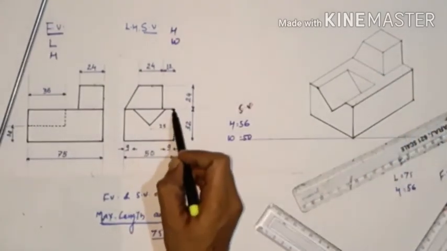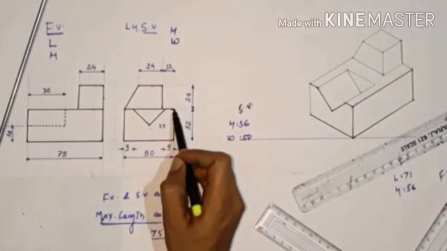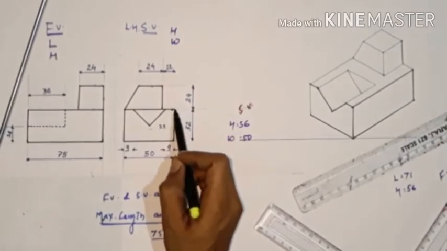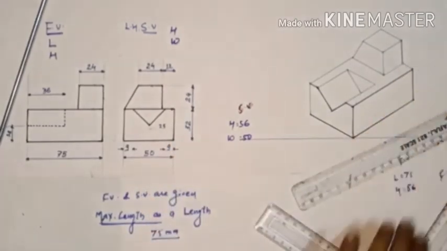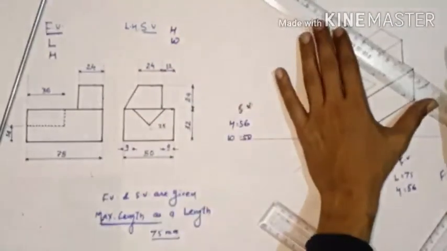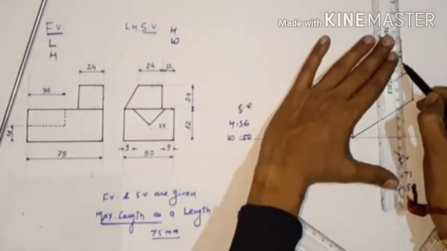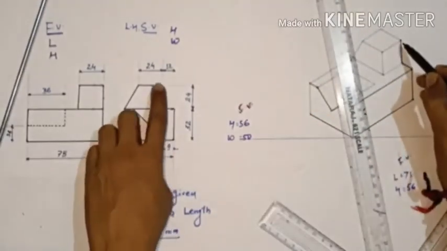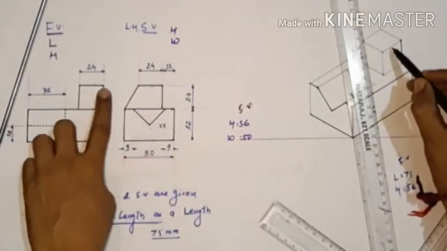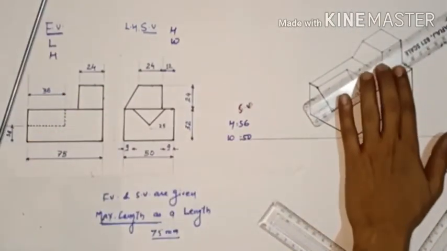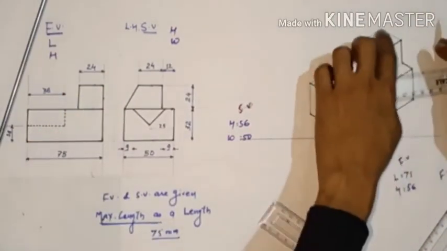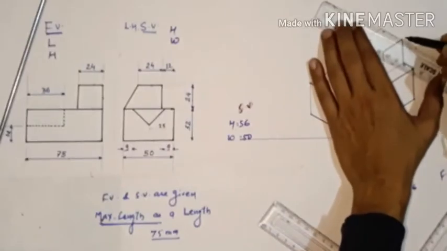Now we move towards the height side. From this side we clearly see that there is a 12 mm portion left to this end. So firstly we draw the 12 mm width, and now we complete this. Okay, so this is your height. Now we are moving towards this side, so this is your front view like this. This is your 24 mm, and this is your side view side. This is again 24 mm.